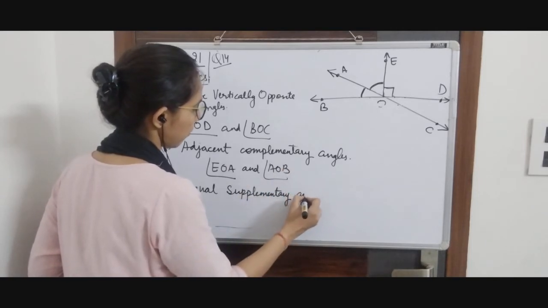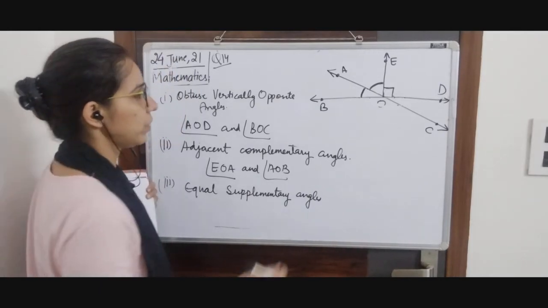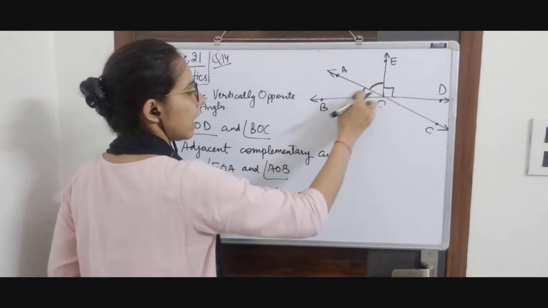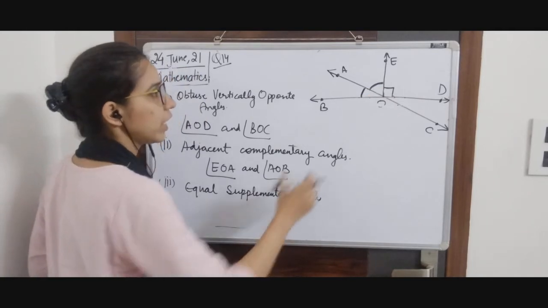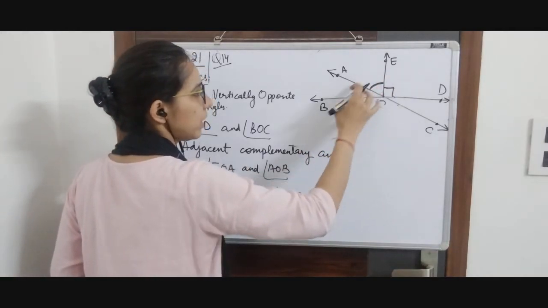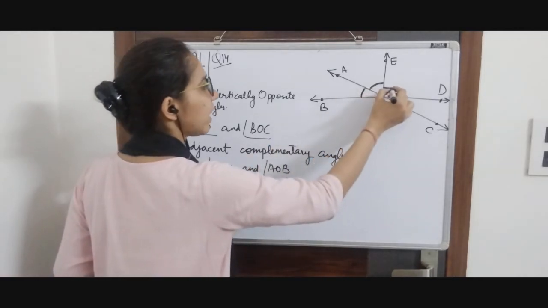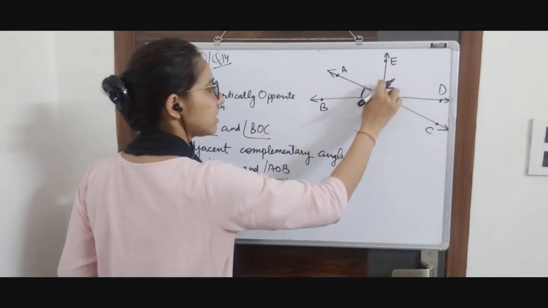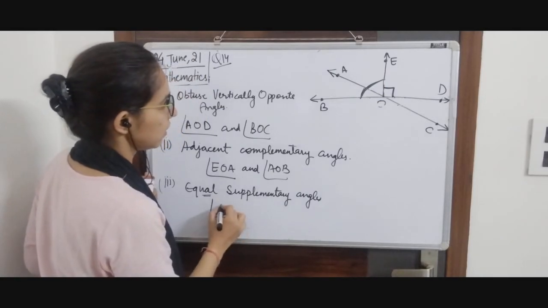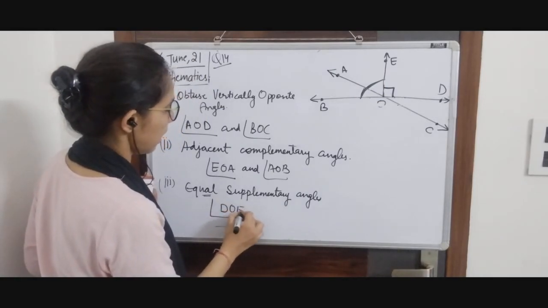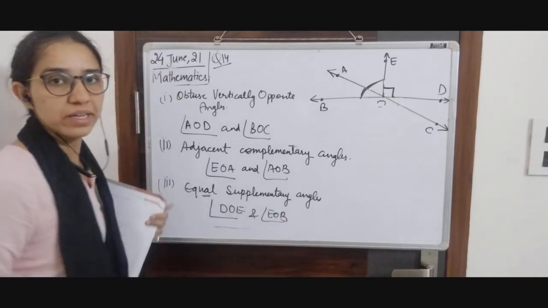Now we are going to take the hint from our second part. We wrote two angles whose sum is going to be 90. These two angles, sum is 90, and one angle is this. And if we add them up, we get 180. But if we write these three angles separately, they are three unequal angles. We need equal. So what will we do? We will write this angle and this angle combined. So this is going to be angle DOE and angle EOB, and both are going to be 90 degrees in measure.